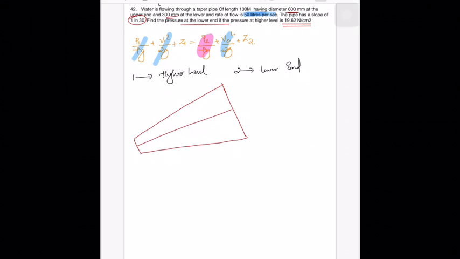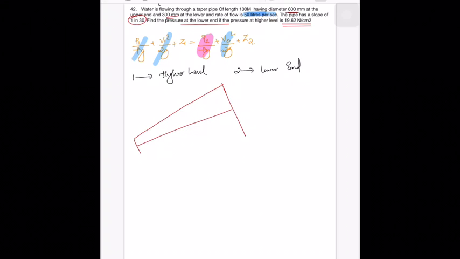Now if you position datum like this, value of z1 is unknown and value of z2 is also unknown. So if you position datum like this, you will be stuck. You can't move forward. So what you have to do is that